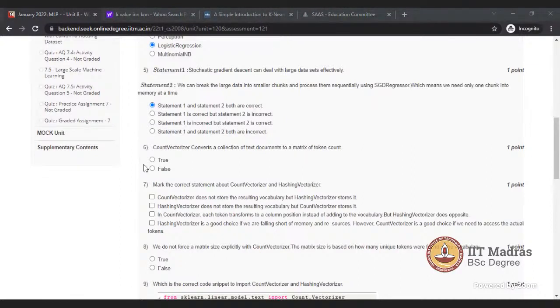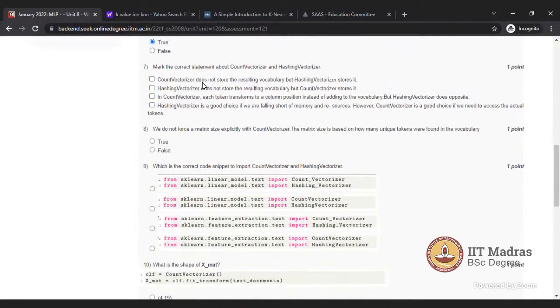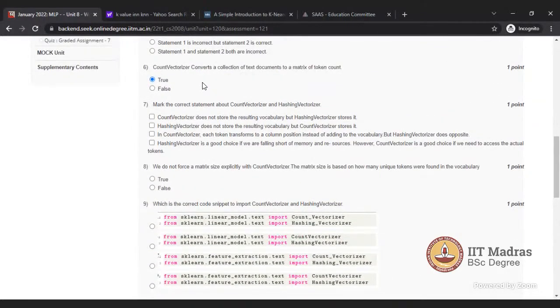Yeah, count vectorization converts a collection of text documents to a matrix of token counts. So that's correct. And one thing, what are the different methods you have learned till now to convert text documents into a matrix? Only count and hash have been discussed so far. Okay.